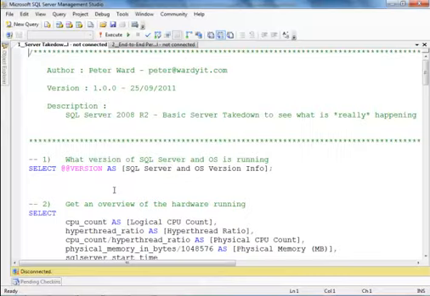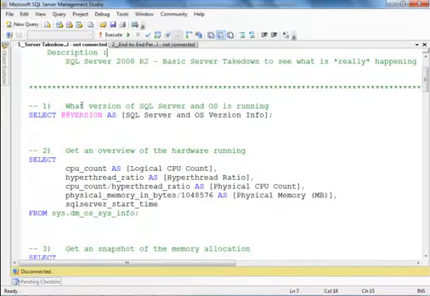So I'm just going to open up Management Studio here, and here's my takedown script. Now, the first thing I want to know is what version of SQL Server and what operating system I'm dealing with. Is it SQL 2000? What OS is sitting underneath? Because we want to make sure we've got the appropriate operating system, not just the appropriate SQL instance. There's no point in putting SQL Server Data Center Edition on SQL Server Standard Edition, because if we've got all of these additional resources, we're not going to be able to address them, because each edition of Windows has limitations, the same way that each edition of SQL has limitations on memory utilization.